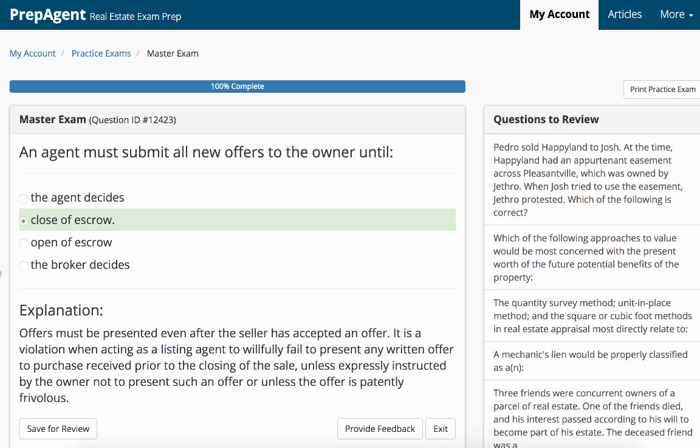So basically, what this is saying is, although the seller may not accept any offers, or maybe he can't accept any offers because he's in contract, you still present them. You can't hide information. At first, I thought that whenever escrow starts, you wouldn't need to submit any new offers. Well, you do. Now, as I said, they may not be able to do anything with them. They could end up being backup offers. So in case escrow falls apart, the seller knows what else he's got out there.